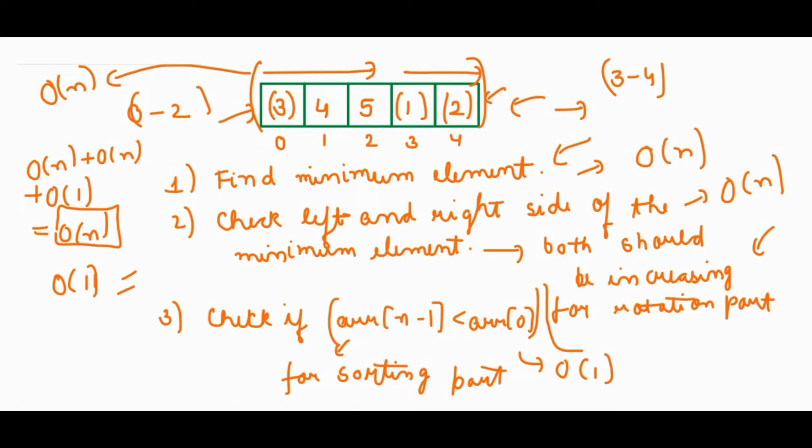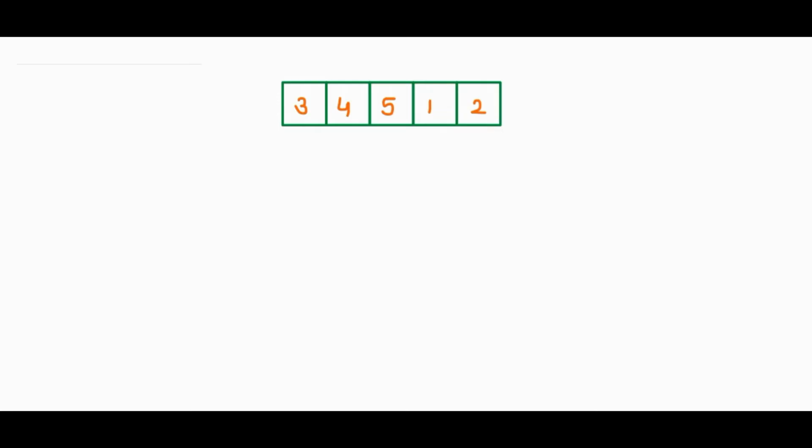Now let's see how we can solve this question with the help of binary search. Now let's see the binary search approach to solve this question. So let's say in this approach we have to find the maximum element, that will be our pivot element. Okay, so around the pivot element, as you can see, if the element is the maximum element, on the right side of it the elements will be increasing. We have 1 and then 2, and on the left side of it the elements will be decreasing.